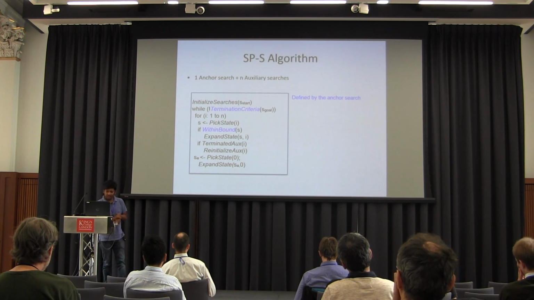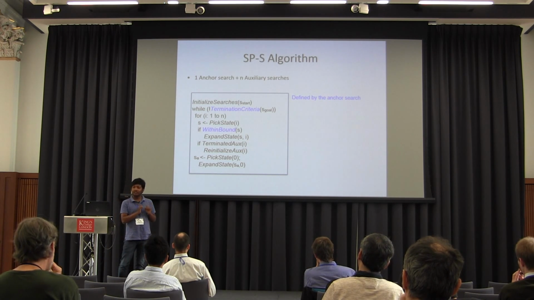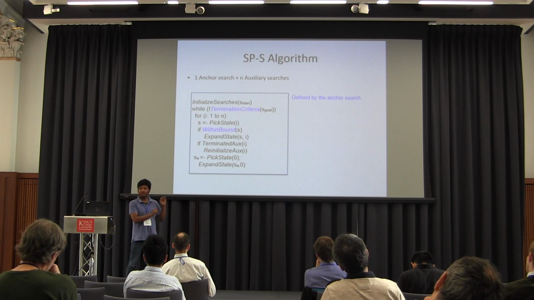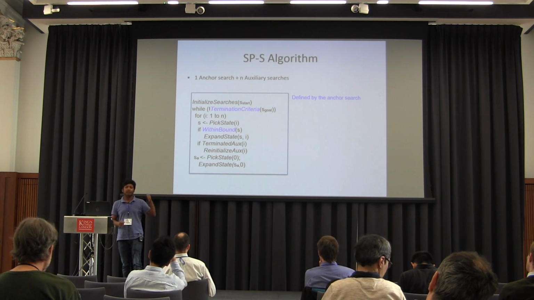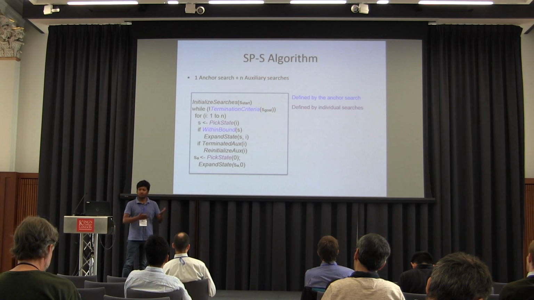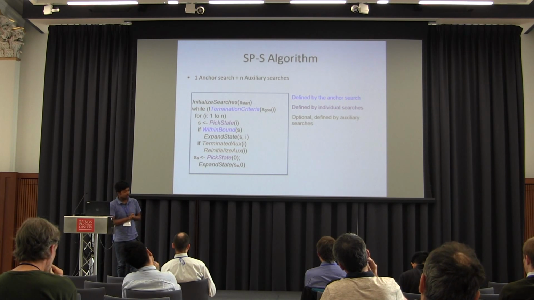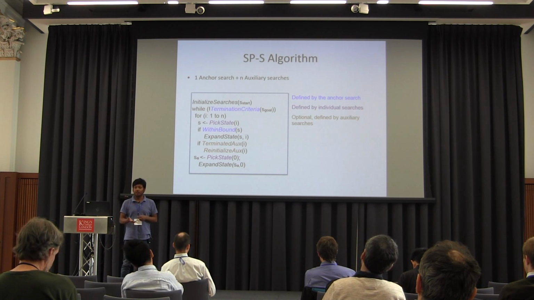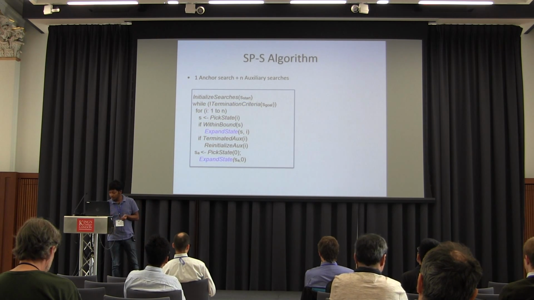The anchor search has these duties: it decides on the termination criteria of the entire SPS algorithm. Also, it decides how to expand and control other searches, in the sense that it gives a binary yes/no answer whether to expand from another search or not. The auxiliary searches, of course, do their own selection and ordering so that we can preserve their characteristic. Also, at times we have to reinitialize, because the auxiliary searches can be terminated for certain reasons, which will be clear when I go to the expand state